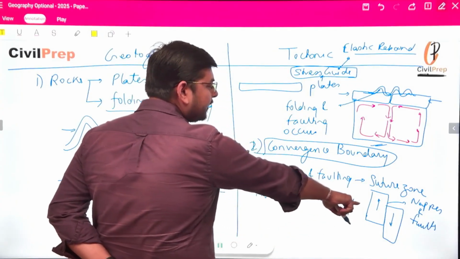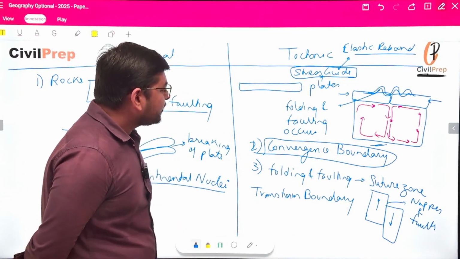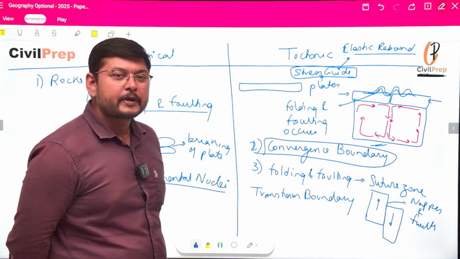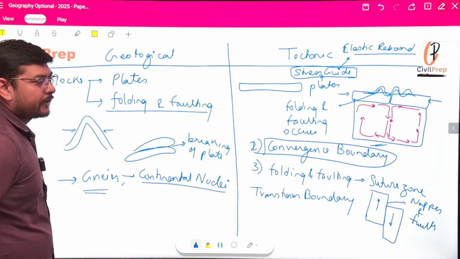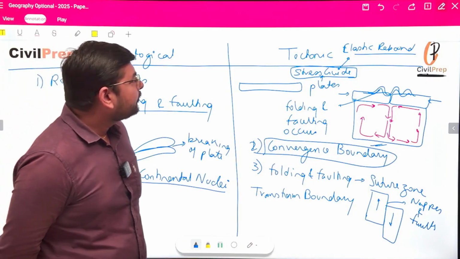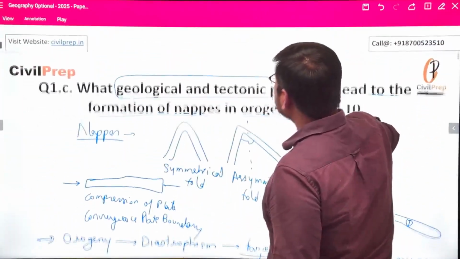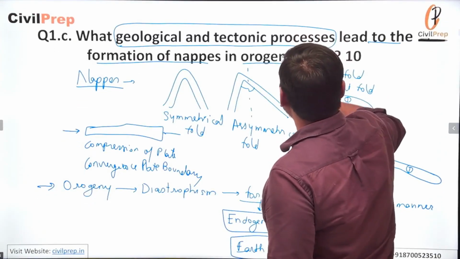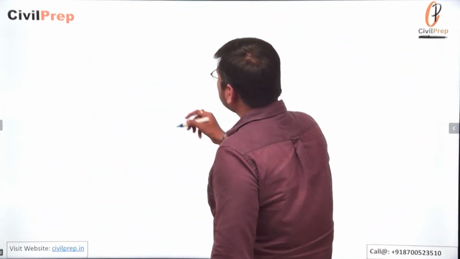Here also we'll see that they are majorly compressional forces, which we can see in the geological aspect in this part. So this is one explanation for the development of the nappes in the orogenic belt. Now, when we talk about the orogenic belt of the earth,